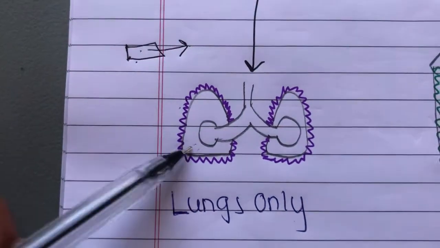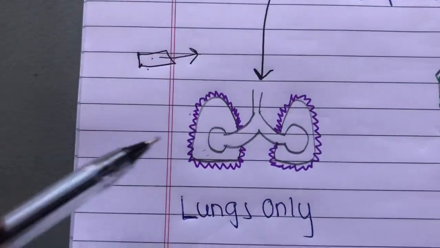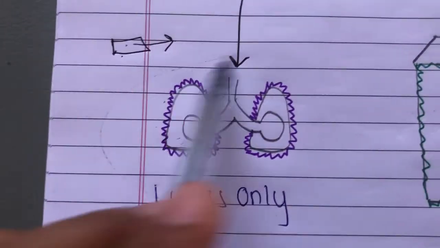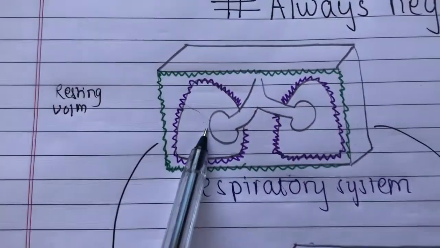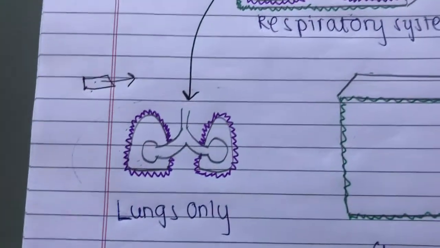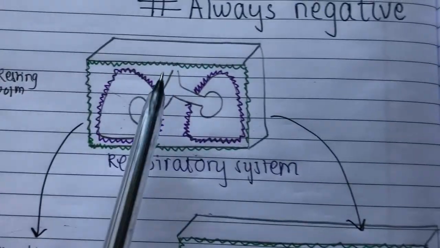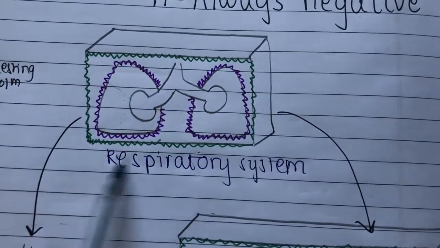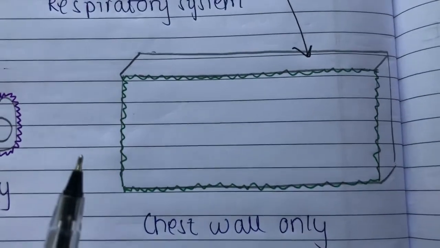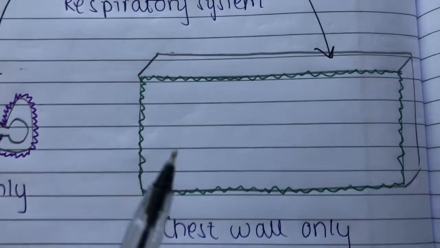Similarly, lungs have an elastic recoil in them. When you stretch the lungs, they have a tendency to return back to their normal position. So this is the normal position of the lungs, and this is the stretched position of the lungs. We'll see why, but let's talk about the chest wall cavity first. Now this is the contracted version of the chest wall cavity, and this is the expanded version of the chest wall cavity. This is when you put the chest wall cavity alone on the table.